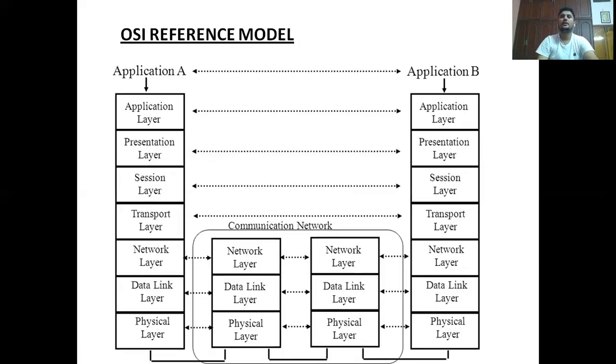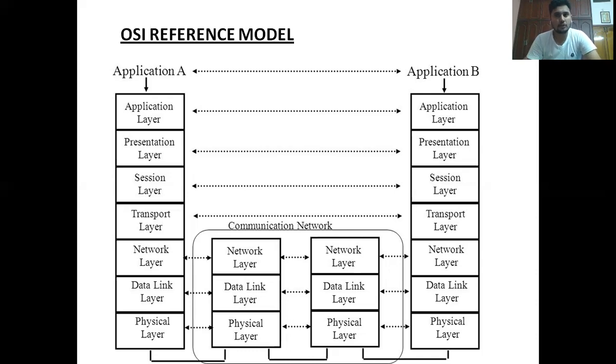And finally, the very most important one, the OSI reference model. I think this topic was covered by Sriram Murthy sir in the previous videos, lectures 4 and 5, related to the OSI reference model. Why? Because the OSI reference model, this 7-layer architecture model, is the heart of computer networks.